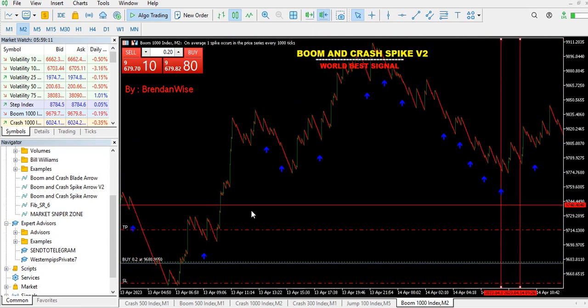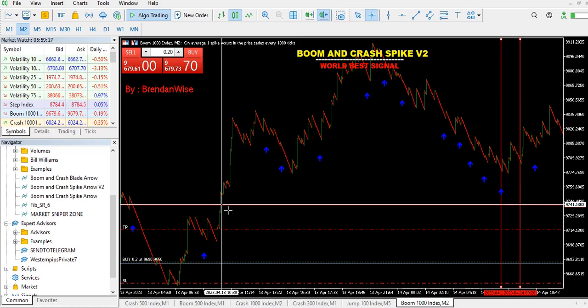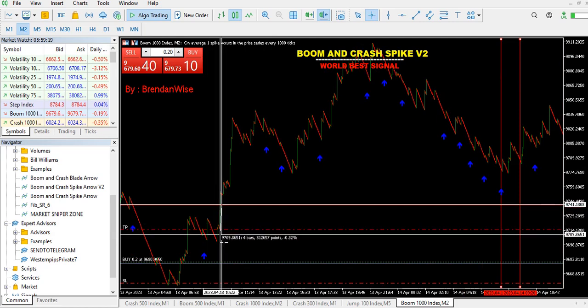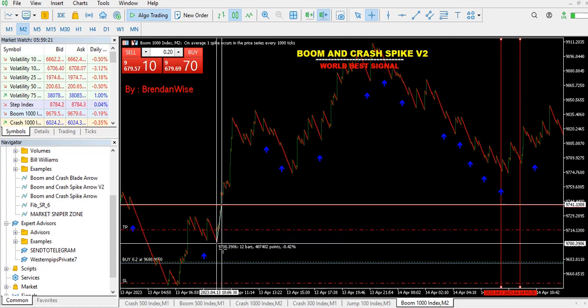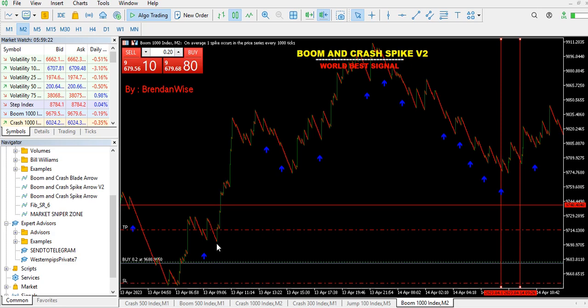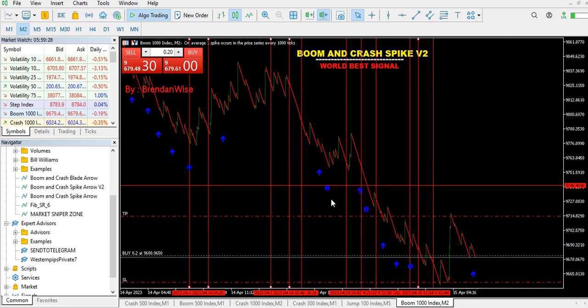Scroll. Look for the lowest low here. Here, that means from here to here will be my stop loss. This will be my stop loss for that current market. It can be $3, it can be $4, it can be $1 or $2. Just maintain it. Now, when you look at the chart,